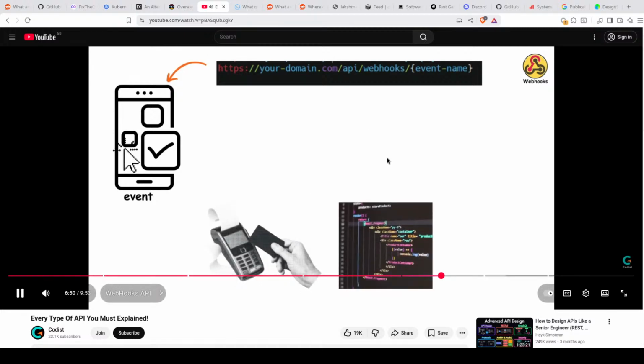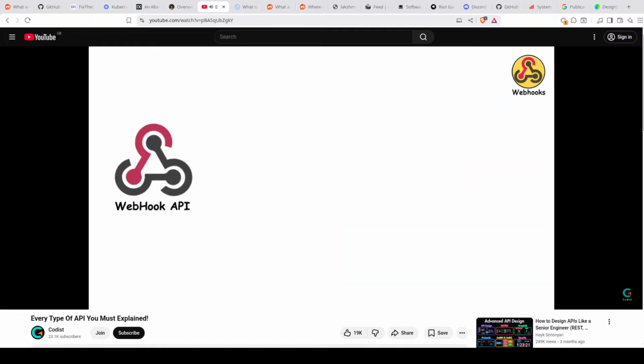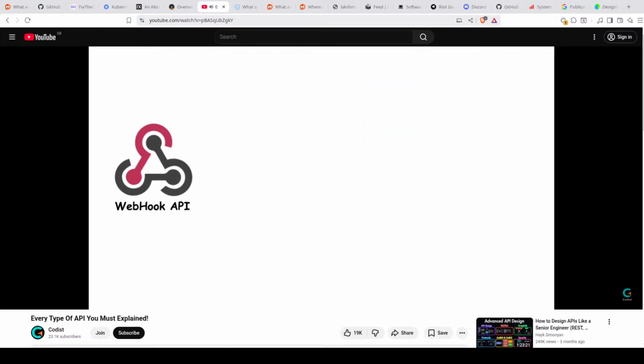a code push, or a form submission, the service sends a POST request with the event details straight to your callback URL. No polling, no wasted requests, just real-time updates. That's why webhooks are often called reverse APIs. Instead of your app chasing the data, the data comes chasing your app. You'll find webhooks powering